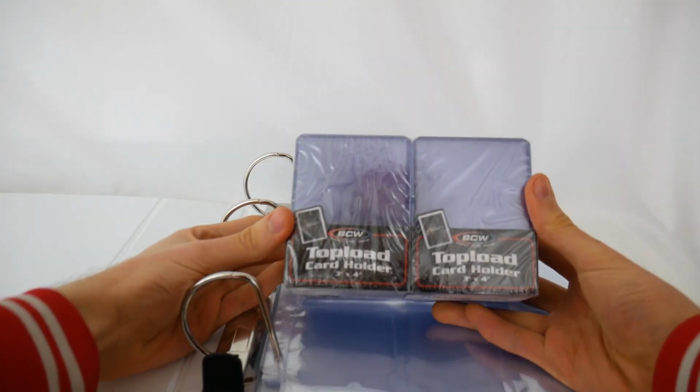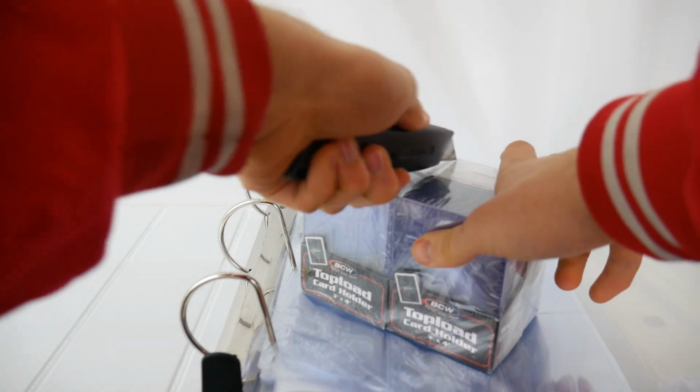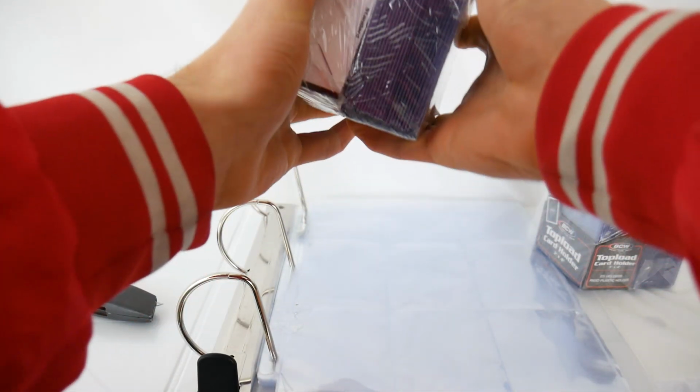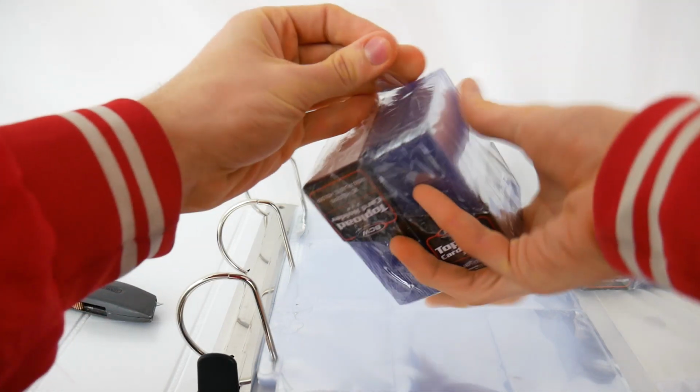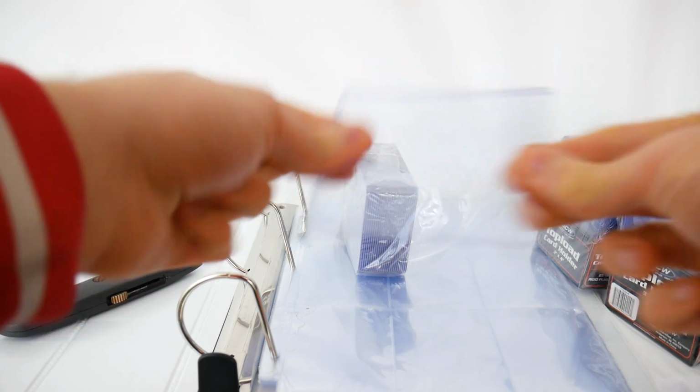But let's say you've got a really nice card and you want to display it a little nicer. Well, what else I picked up, and the last thing in the box, were some heavy duty top load card holders. Now these are a bit stronger than the plastic holders. Well, these are plastic, but see how these are flimsy? Yes, this is the dream right here. You got these though, while they are slightly flimsy,